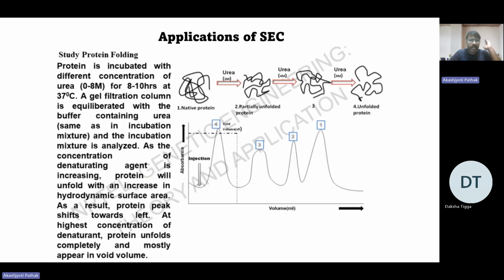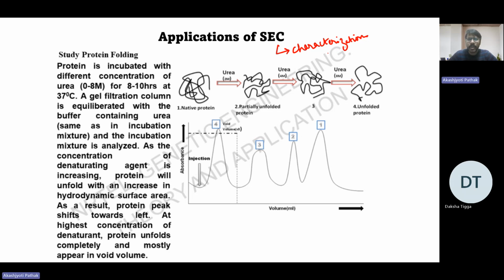So now what are the applications of SEC? How can you utilize size exclusion chromatography in your lab? One is a characterization you can do, isn't it? What is the size of your protein, or how pure is your protein? That also you can do